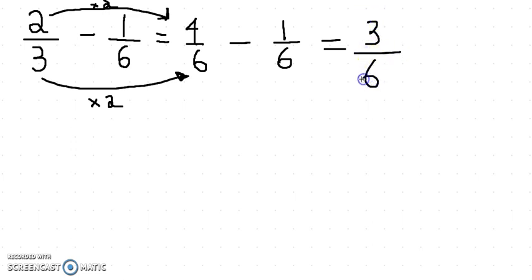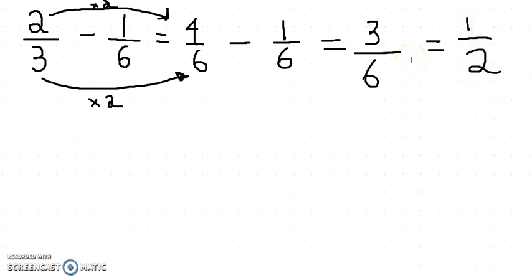Now you guys actually might think that this is the final answer, but actually it's not. As I said in the previous question, if the answer is not in a simplified version, we have to simplify it. So over here we have 3/6, so we're going to have to make it into a half because that is a simplified version. Okay, so you're going to have to try to find